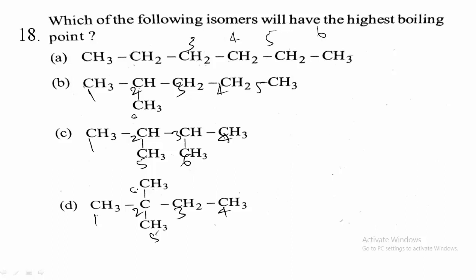Simply, the one with a linear or straight chain has the highest boiling point. Option A consists of a linear or straight chain, so it has the highest boiling point. So option A is the correct answer. If the number of carbon atoms is different, then we have to see which one has the highest and which one has the lowest boiling point, because higher alkanes have higher boiling points due to their increase in molecular size. Now all have the same carbon atoms here, so option A will be the right one.